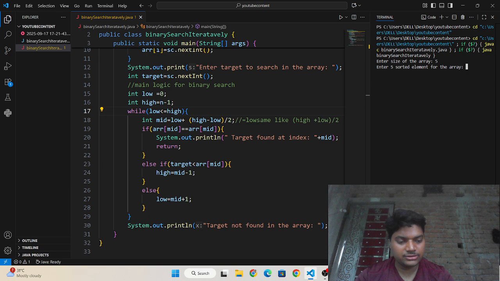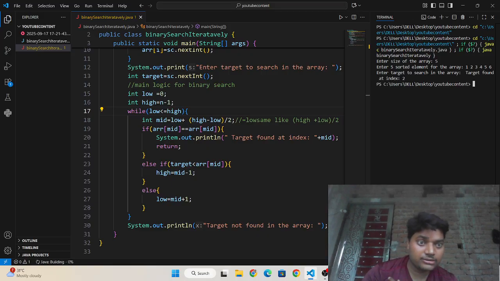Enter 5 sorted elements. I'm entering 1 2 3 4 5 6. Enter target to search in the array.